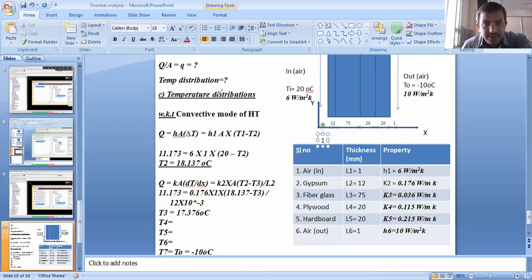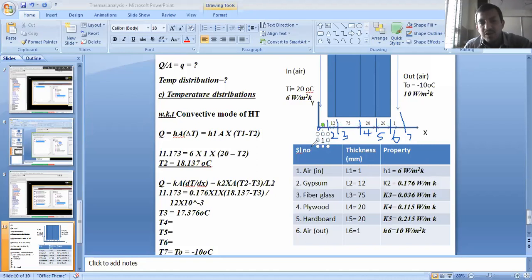The second one, node number 2, is at a distance of 1 mm, meaning 1 times 10 to the power of -3 meter from the origin. Next, the third node is at a distance of 1 plus 12, 13 mm. Next, the fourth node. Next, the fifth node. Next, the sixth node.